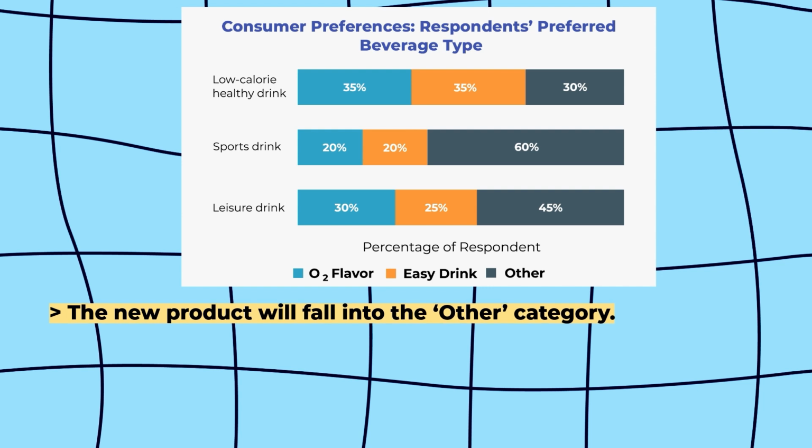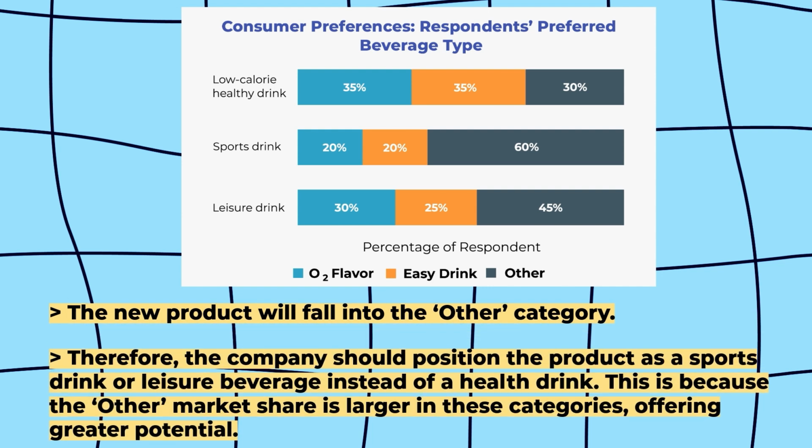The product will fall into the other category. Therefore, the company should position the product as a sports drink or leisure beverage instead of a health drink. This is because the other market share is larger in these categories, offering greater potential. And there you have it, everything you need to know on how you can apply the business situational framework during